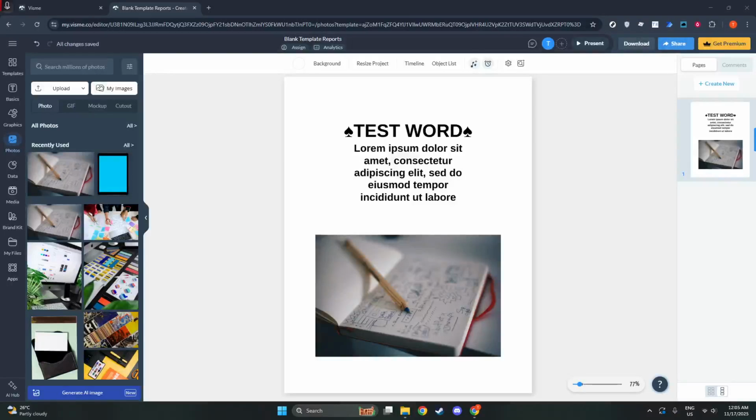In today's video, I'm going to teach you how to duplicate text on Visme. Whether you're creating a presentation, an infographic, or any other design, knowing how to efficiently duplicate text can significantly streamline your workflow. So, let's dive in and break down the process step by step to make sure you can easily